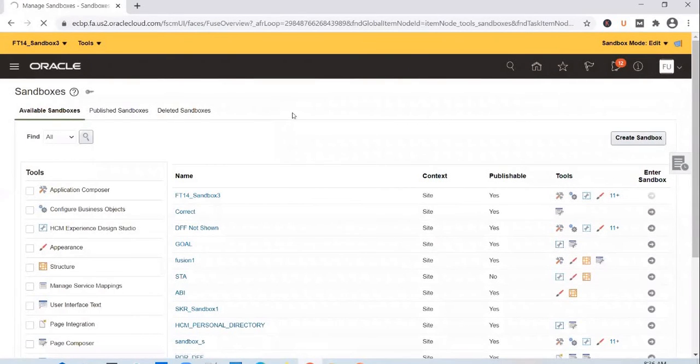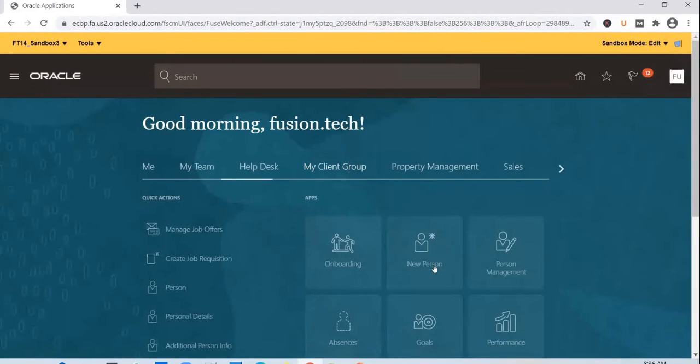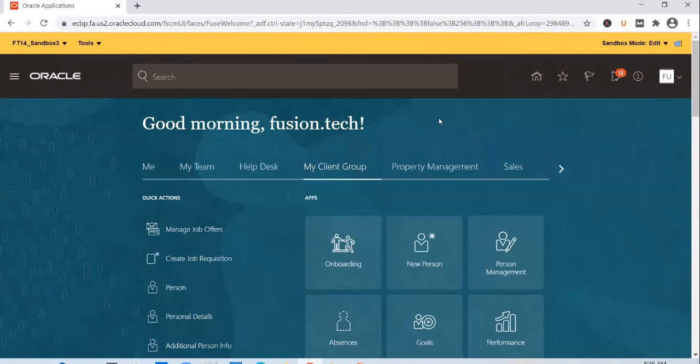Go back to home page and go back to the previous page, the new person page, where we want to update the label of a specific field for a new person.